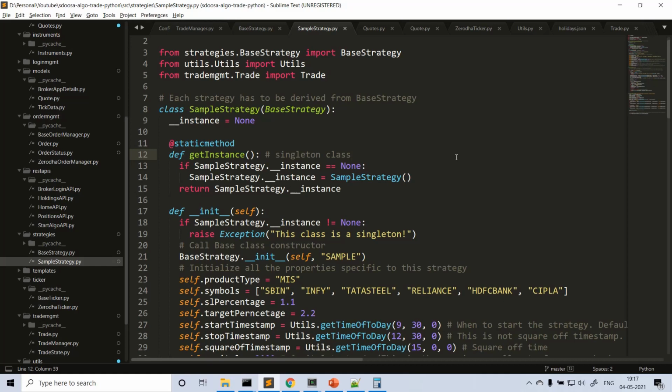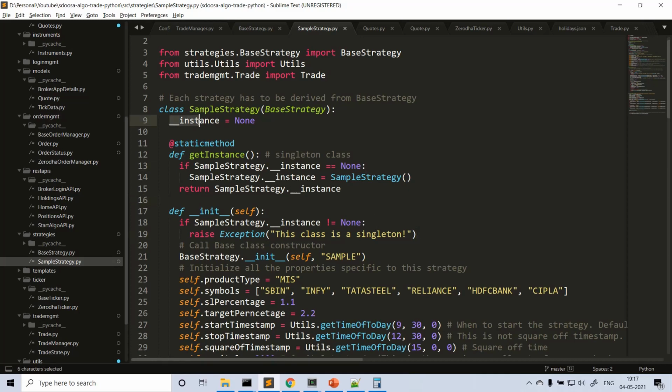So ideally we need to restrict strategies to be called only once. Either strategy 1 is called only once, or strategy 2 is called only once, like that. There is a concept in design patterns to prevent any class from creating multiple instances. In Java and C++ there is a different mechanism, using private constructors. We don't have the concept of a private constructor in Python, but we can achieve this by throwing an exception.